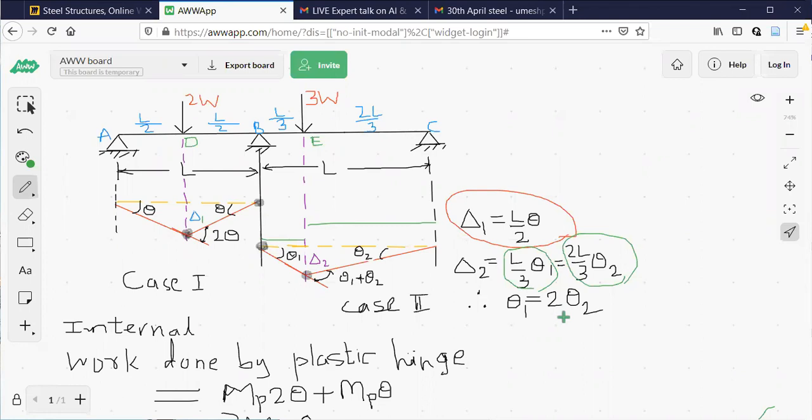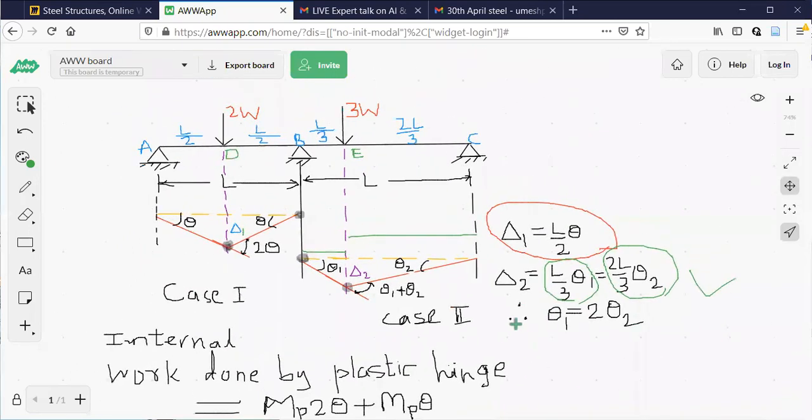Is this clear? How to find delta 1, delta 2? I have explained it. Simple trigonometry. So let us not bother about theta 2 right now. Only look at theta 1, because we are going to concentrate on span 1, that is AB. Up to this, any questions? Any doubts here? Case 1, I'll be explaining right now. Remember that it is easy to get delta 1 and delta 2. Once you practice 2-3 examples, you can easily get all this.